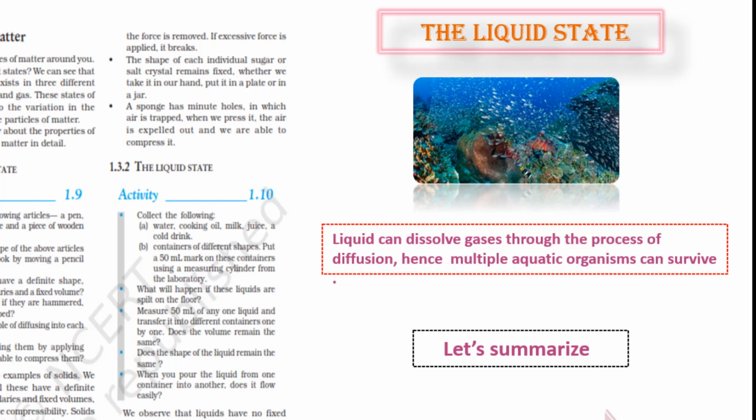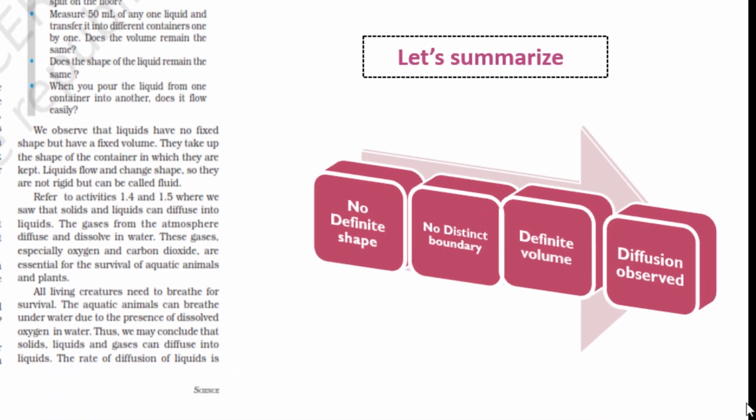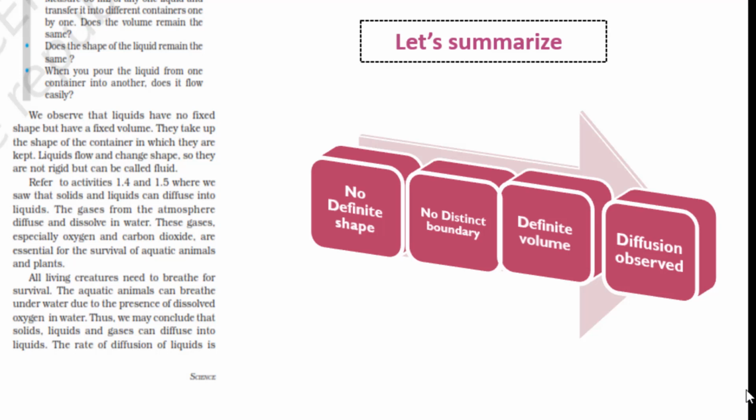So liquids do have a property of diffusion, and that is actually a blessing. Aquatic animals staying underwater can breathe with the help of that property. Liquids dissolve a large number of gases, and hence multiple aquatic organisms can survive. Now let's summarize the properties of liquids. Liquids do not have a definite shape. They take the shape of the container in which they are kept. They have no distinct boundary, but they have a definite volume,